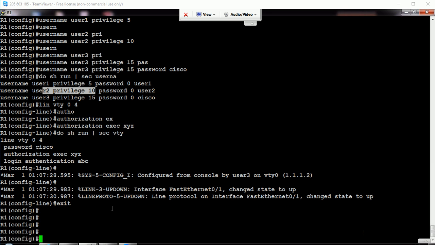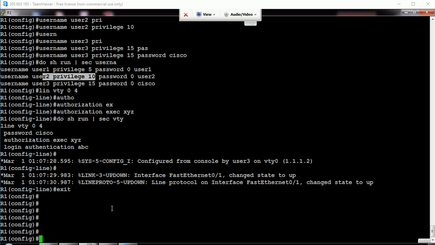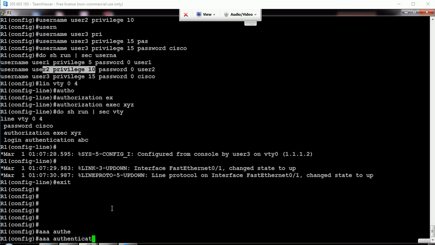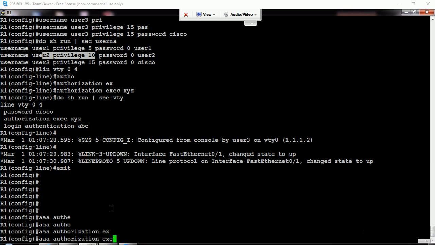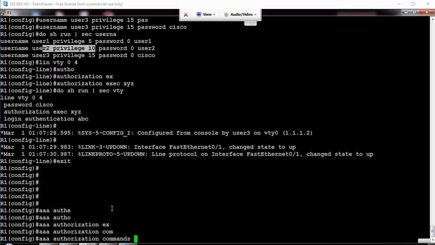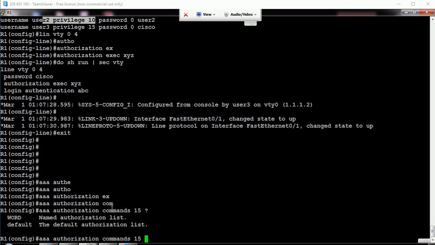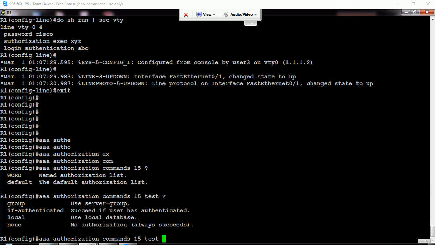The other option, what we mostly use in real time, is that for L2 also I give privilege level 15, which means you will be able to see all the commands. But when you execute, like we did authentication earlier, we have one more authorization called command authorization. For 15 privilege, I'll create a command authorization that says what commands you can type and what commands you cannot type. If you put a question mark, you will see all the commands, but when you execute, the router will decide whether you are authorized to type that command or not.